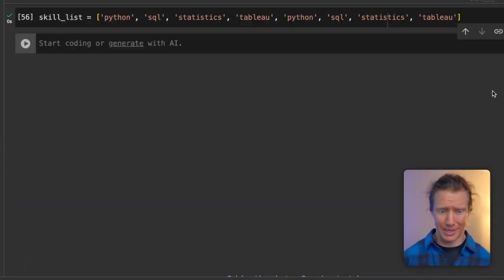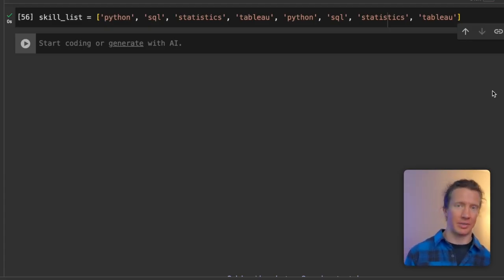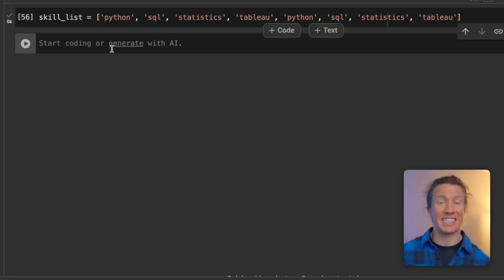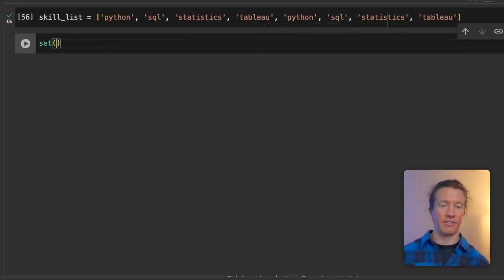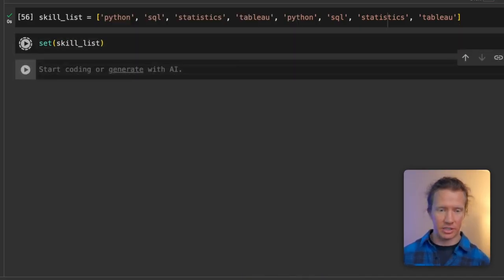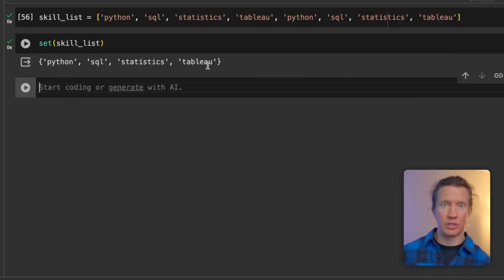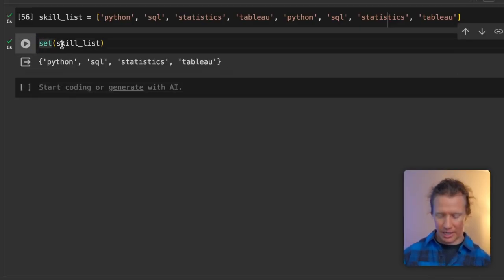You're probably like, Luke, what the heck are we using these sets for then? Well, the primary use case that I find for it is being able to extract out unique values, whether it's in something like a list or tuple, and being able to do that very efficiently. So let's say I have this list of skills, and inside of it, you can see that I have multiple values repeated inside of here. What I can do now is that I can actually convert that skill list to a set. So running Shift Enter, we can see that it removes the duplicate values from it. And then if I wanted to actually convert it back